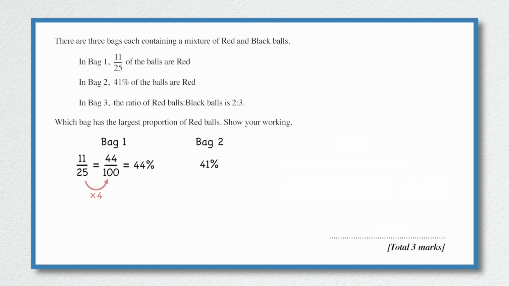Now, of course, we know that bag 2 is 41%, so we don't need to do anything there. And now for bag 3, the ratio of red to black balls is 2 to 3. So the fraction of red balls is 2 over 5. Remember, what this ratio is saying is that for